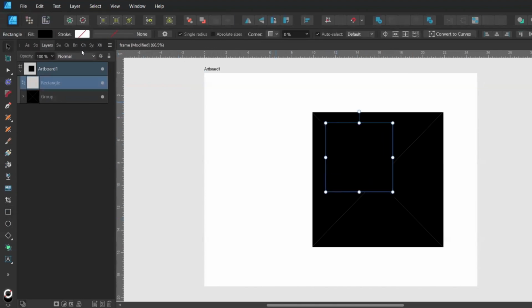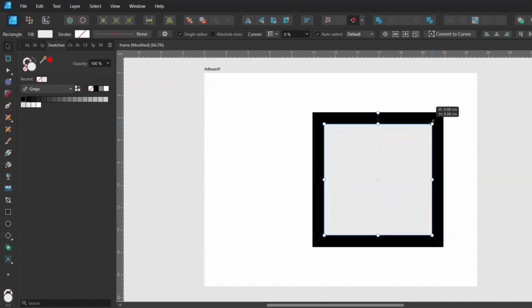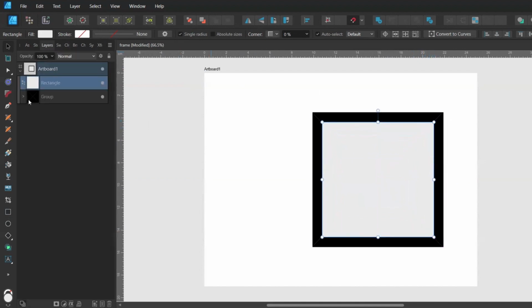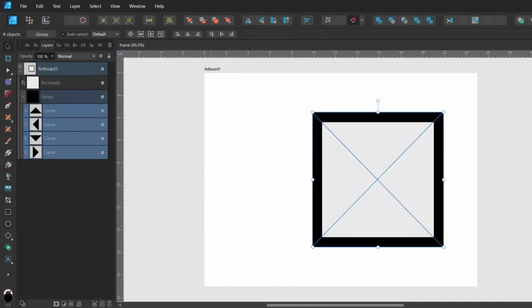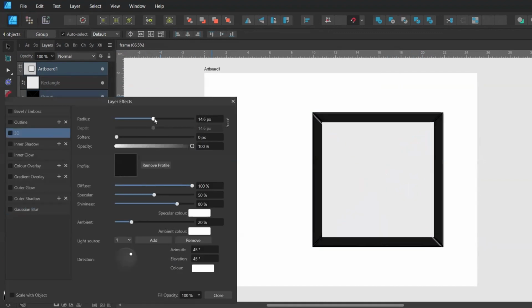Now let's create a white square on top of the black triangles. Make sure it's aligned both horizontally and vertically. Next, we'll add a 3D effect to each of the black triangles individually. Go to Layer Effects and choose the 3D effect. Set the radius to around 40, soften to around 12,